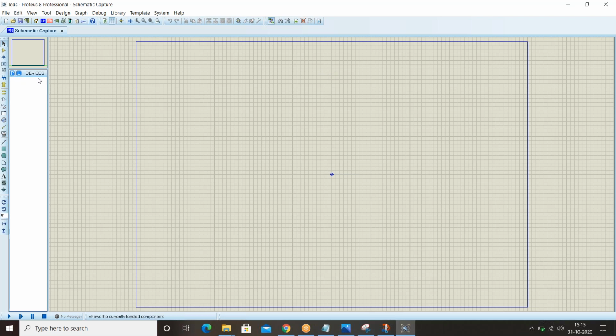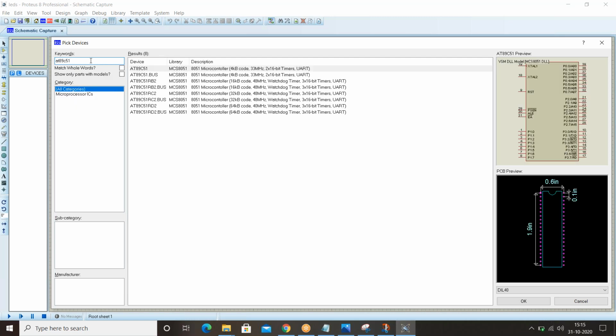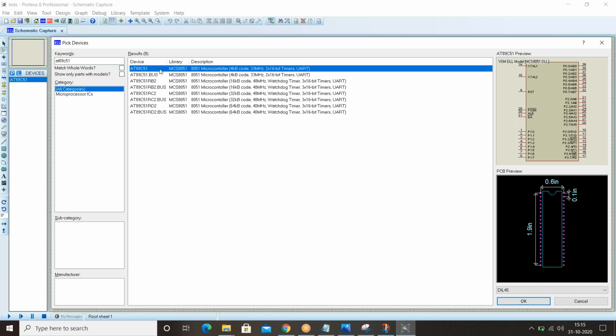On the left side you will get P and L devices. P is called pick the device, L is called list of the device. We want to pick the device. Here it will ask for keywords. Type 8089C51. This is our microcontroller. Double click on this.